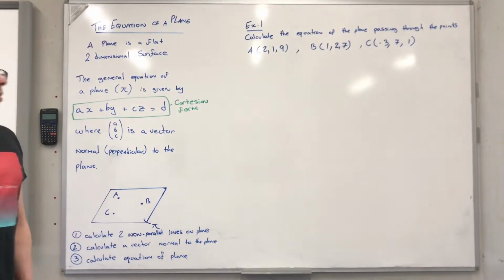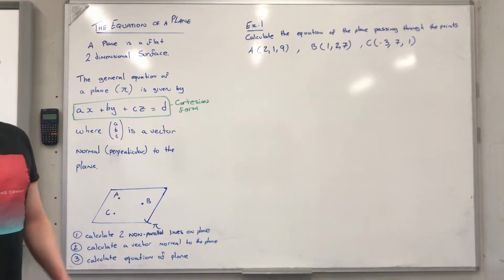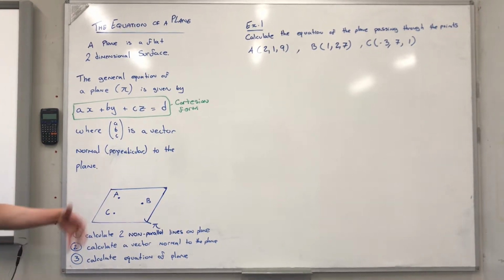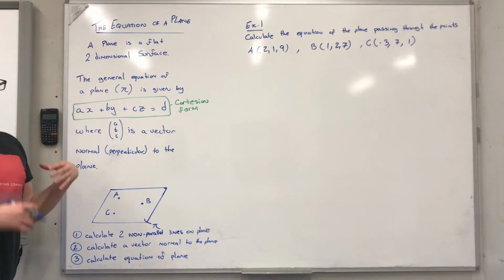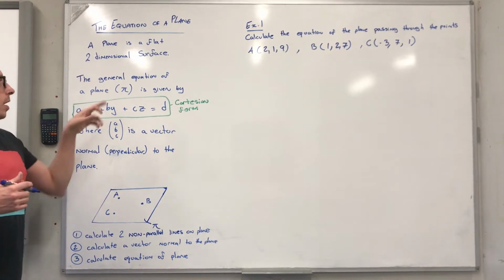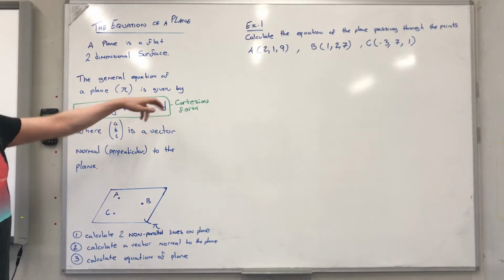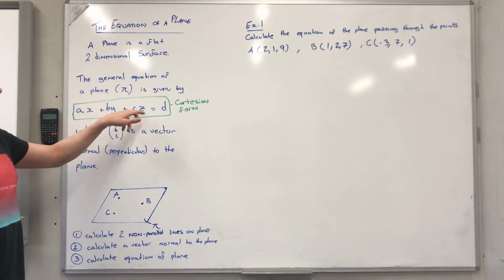Hello. So in this video, what we're going to look at is calculating the equation of a plane. A plane is a flat two-dimensional surface, and we can define the general equation of a plane, which we use the lowercase pi letter to represent, as given by ax plus by plus cz equals d,